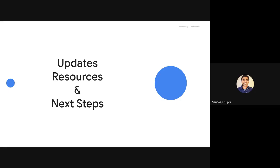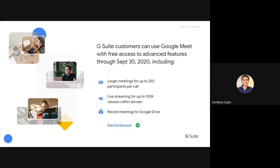Next slide, please. First off, the video conferencing, right? So Google Meet is obviously a part of G Suite. There are a couple of things that we've done here for existing G Suite customers today. If you are on a basic or business SKU, the Google Meet functionality has been upgraded so that all users within that domain can experience a premium video conferencing